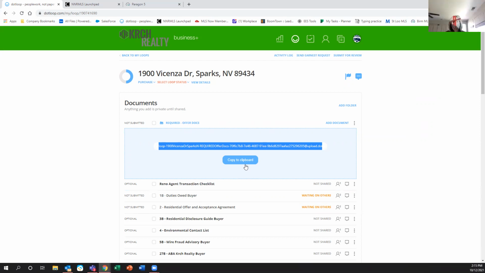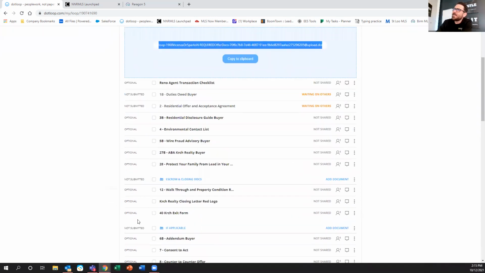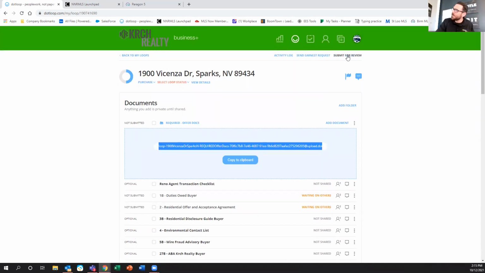And then, every audit might be a little bit different, but you don't highlight... I guess you do on the left, it says optional. Those are the documents you don't necessarily need in there. But everything else you would need for an audit. All right, so where it says optional over here on the left, a lot of these aren't actually optional. What that just means is, do you see this button up top here where it says submit for